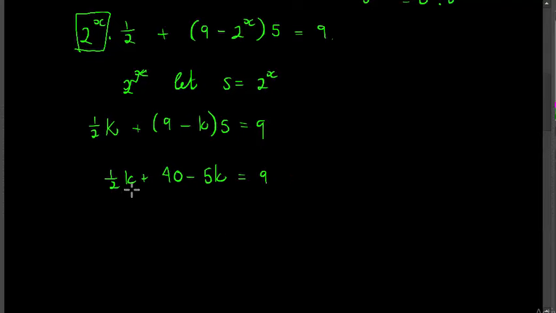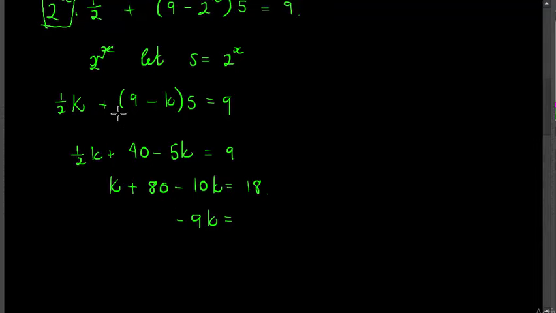So I'm just going to multiply everything by 2 to get rid of this silly half. I don't like working with fractions. k plus 80 minus 10k is equal to 18. And then I'm going to simplify. I've got 8 minus 10 is 9. Negative 9k is equal to, and then on this side I've got,